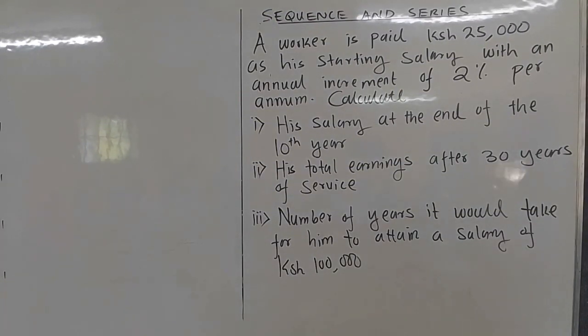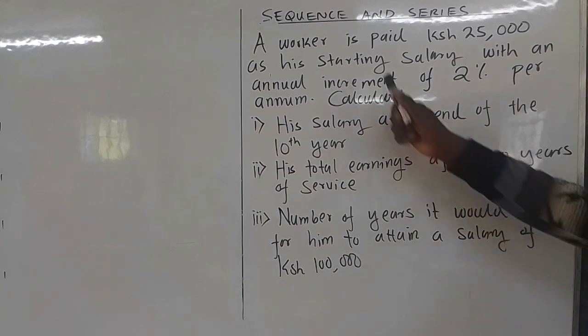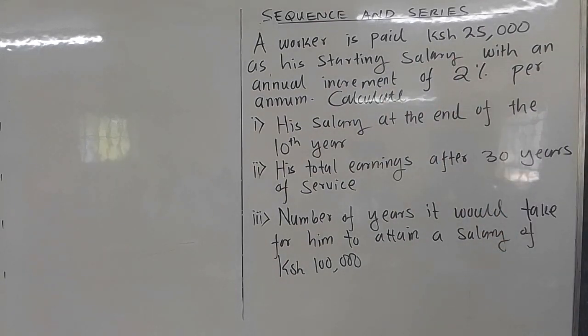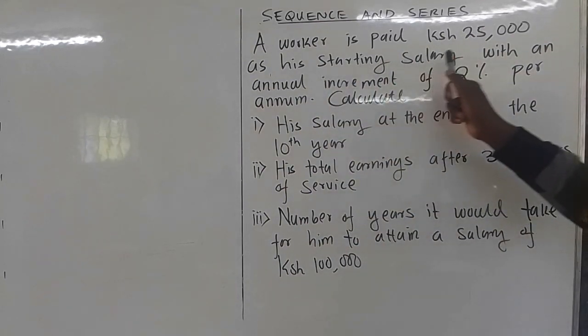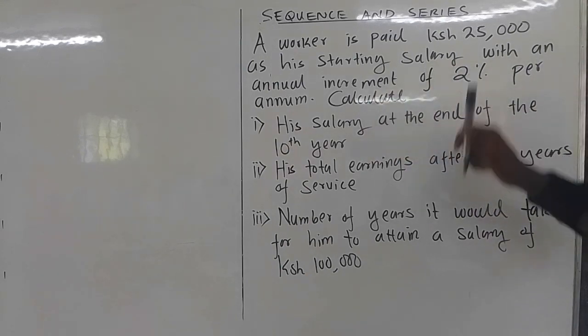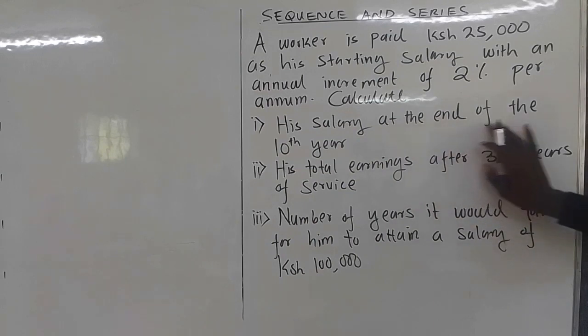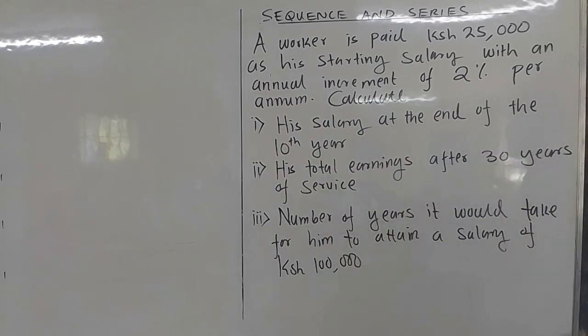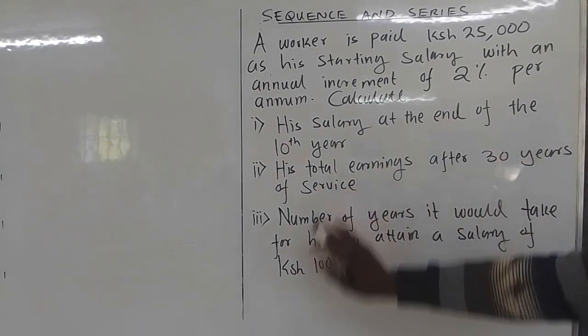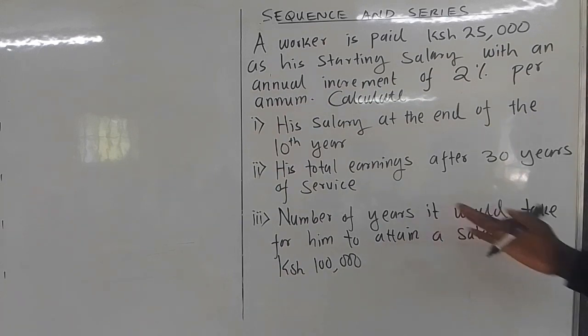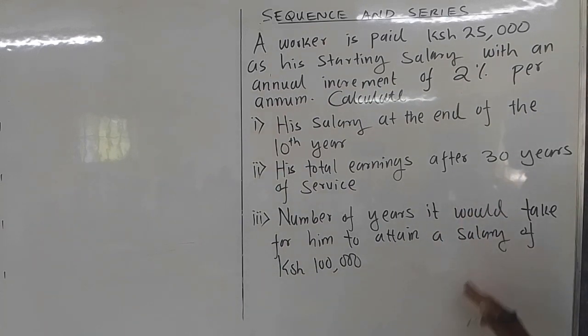So in this next problem you'll be told, a worker is paid 25,000 shillings as his starting salary with an annual increment of 2% per annum. Then you'll be told to calculate his salary at the end of the 10th year, his total earnings after 30 years of service, and the number of years it will take him to attain a salary of